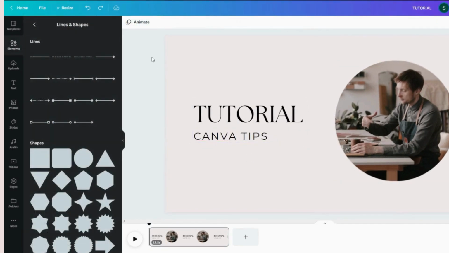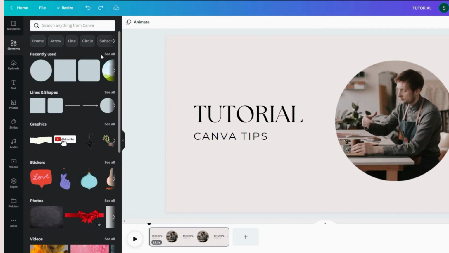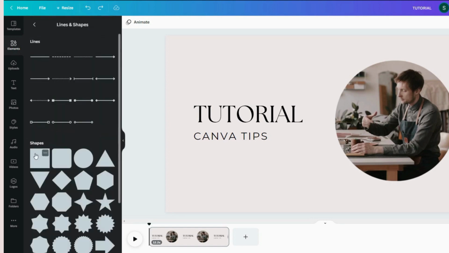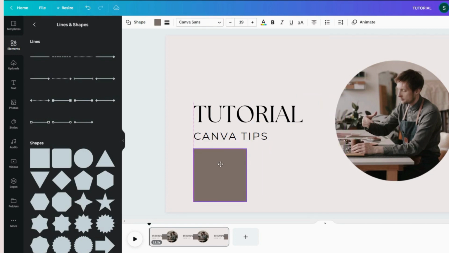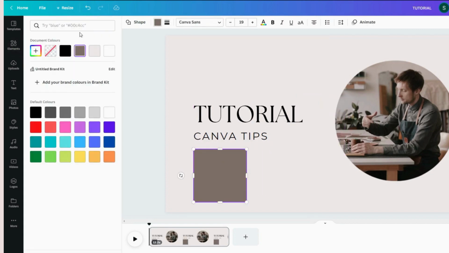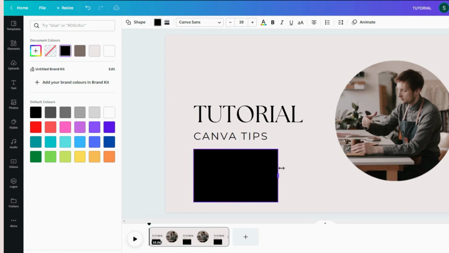Okay, so the next thing to do will be to add a Watch Now button. Really simple to do. Go up to Elements and then select the See All button, which is under the section that says Lines and Shapes, and select a shape. We'll choose the very first one and we'll just move that to here, and we'll change the colour to black. You can change it to any colour that you want to, and we'll select that. We'll extend this here,